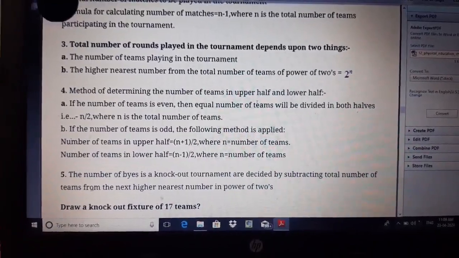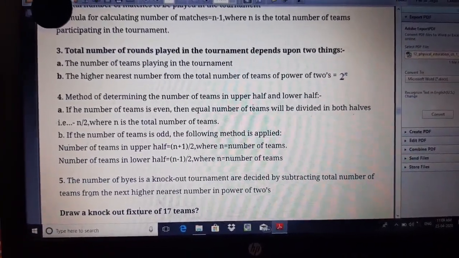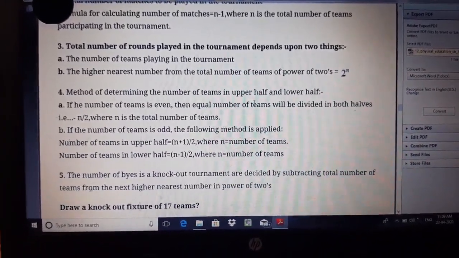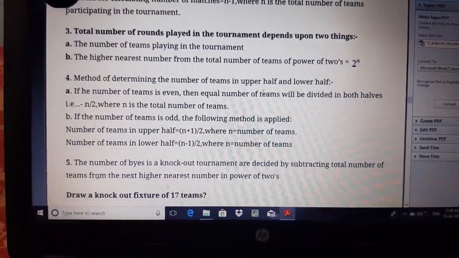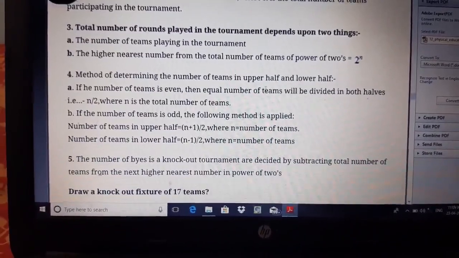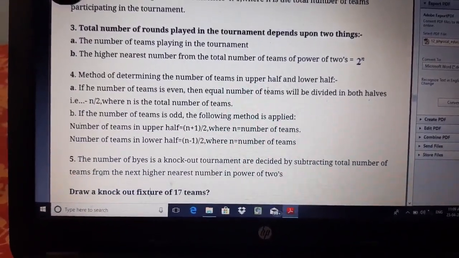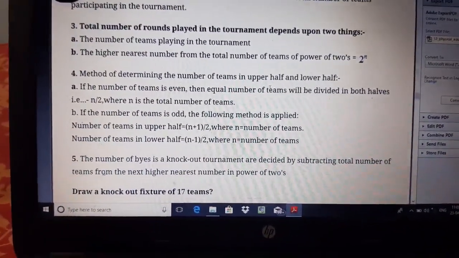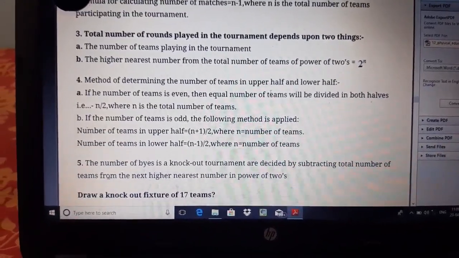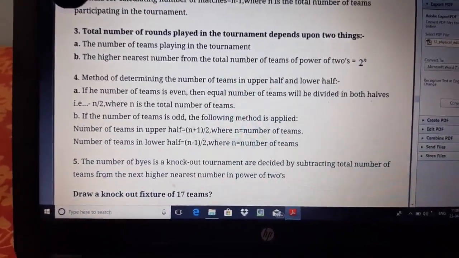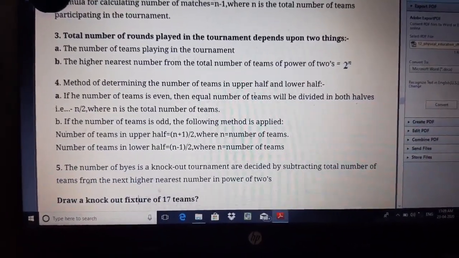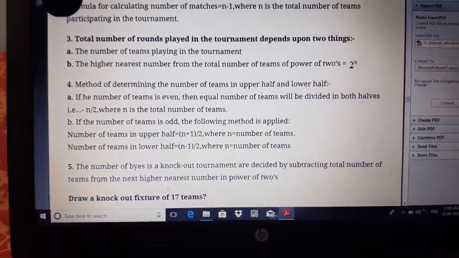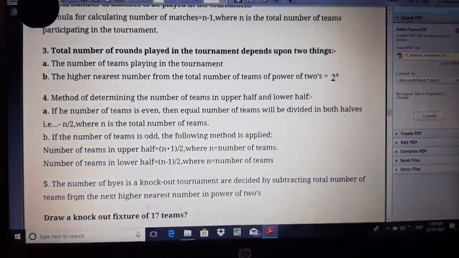The only thing is the pattern, I mean the method, keeps changing. They can ask you for knockout or league tournament or cyclic method. These are the only ones they ask. So you have to be very sure about all four. Anything that is asked to you, you have to put it with formulas and be done. Step by step, as you do in math, everything has to be confirmed. That we'll do in our practical class.